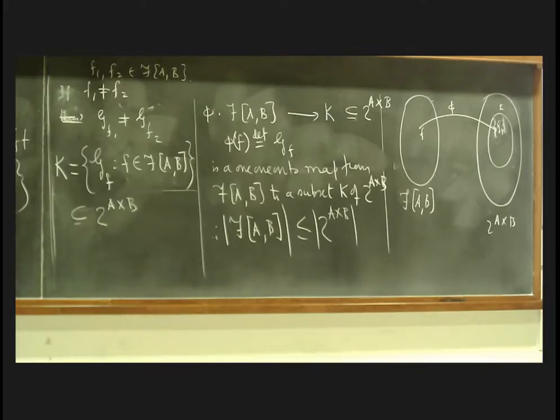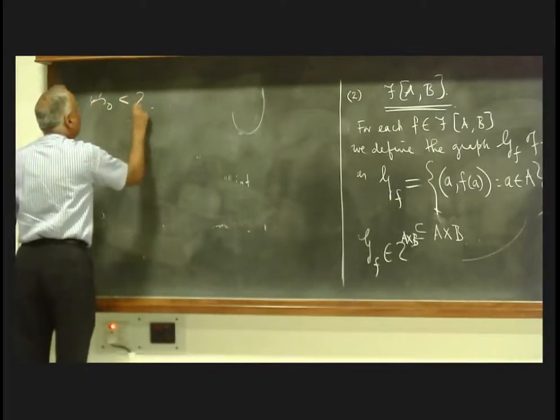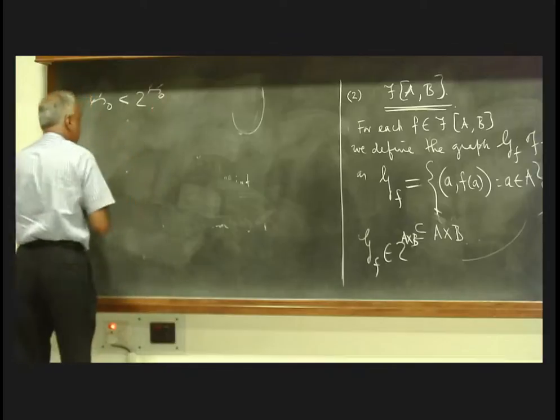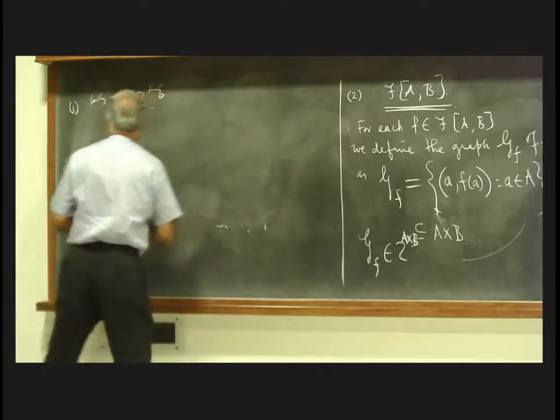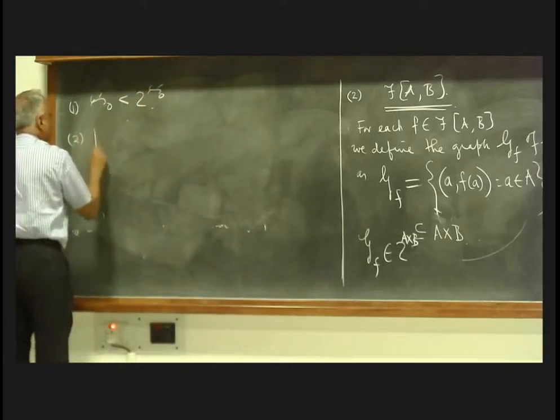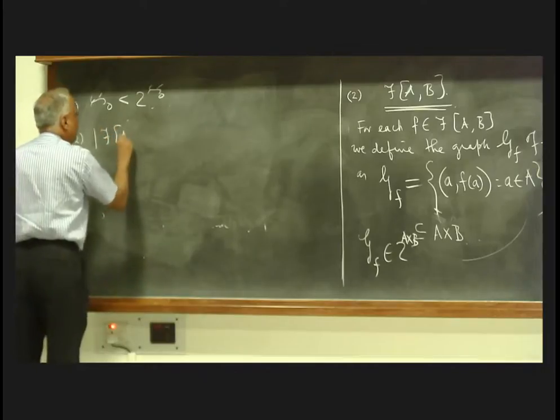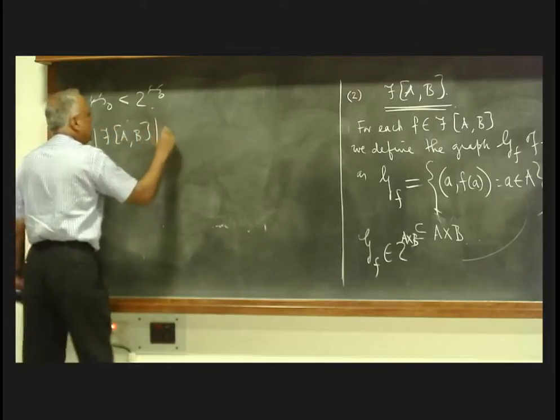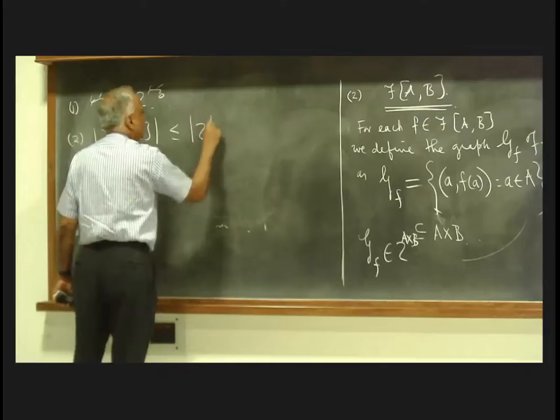So let me note that result also so far. So far we have got, one was this, aleph naught. The first result we proved was aleph naught less than 2 to the aleph naught. And the second result here is the cardinality of FAB is at most the cardinality of